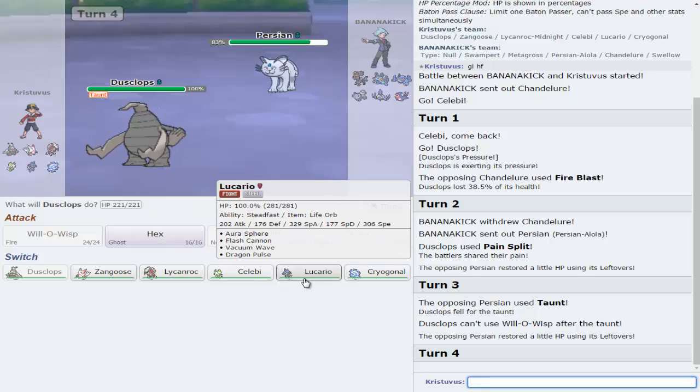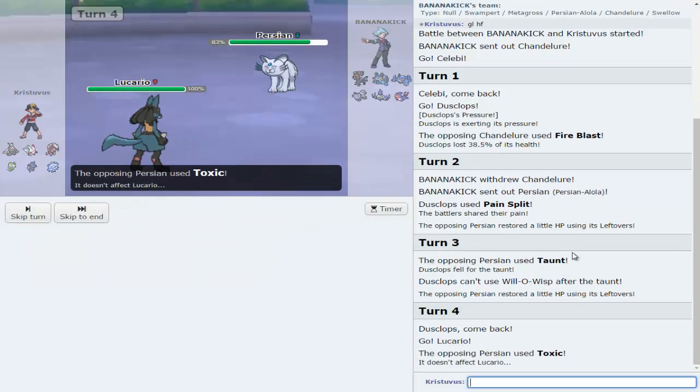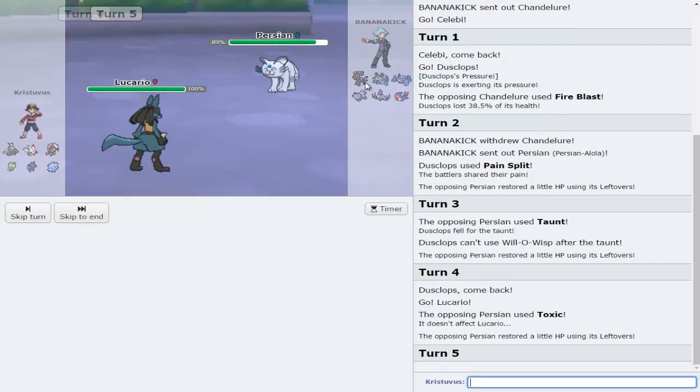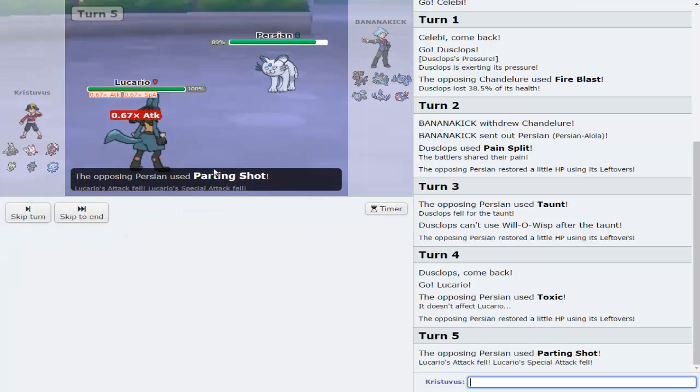I could switch into Lucario here. That sounds like the plan. He's going to Toxic, and I'm immune, so that's baller. I'm going to expect him to switch, maybe to Chandelure, so I'm going to Flash Cannon just to...